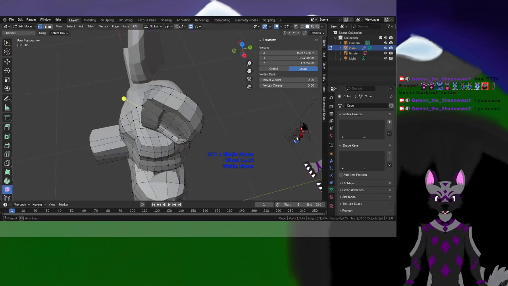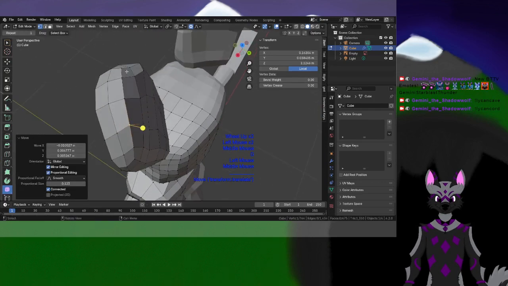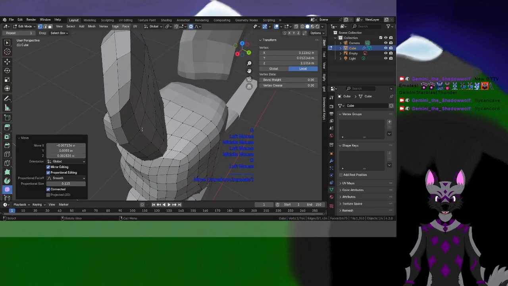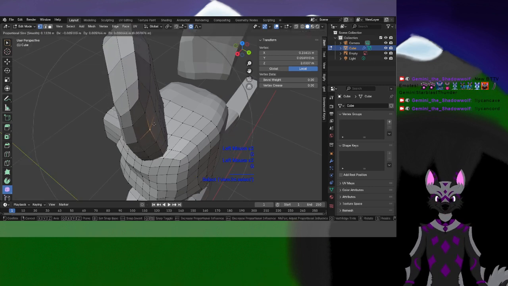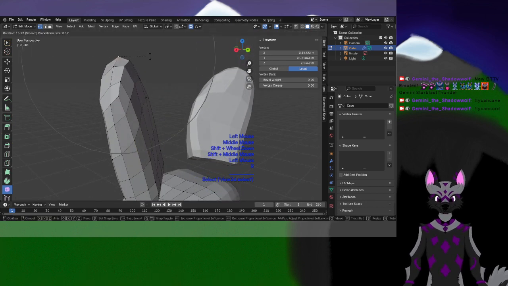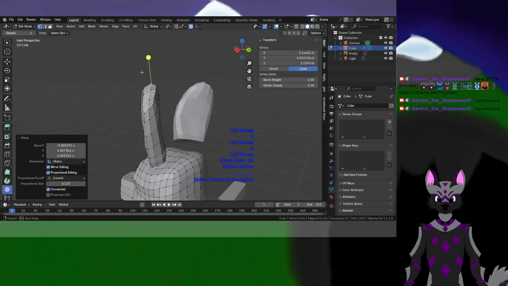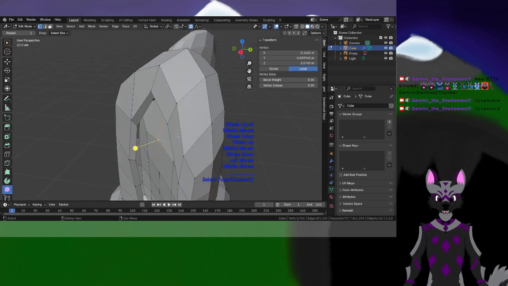It's just a trickle light. I want this to keep leaning out more. Lean. But now I need to bring